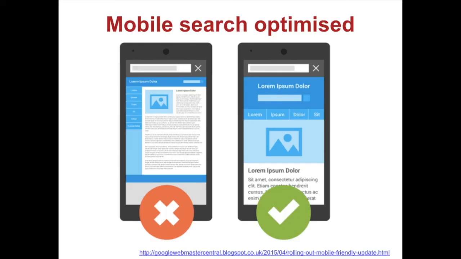Another thing to consider is if your website is optimized for mobile as well. If someone is searching on a mobile phone, then one of the factors that Google will use to rank the results is whether the results are themselves optimized for mobile phone. And pretty much the majority of search now takes place on mobile phones.